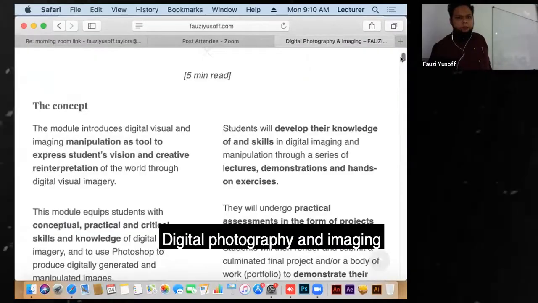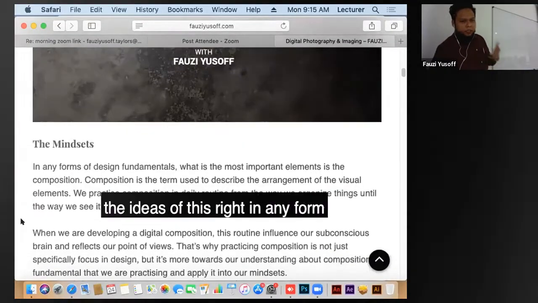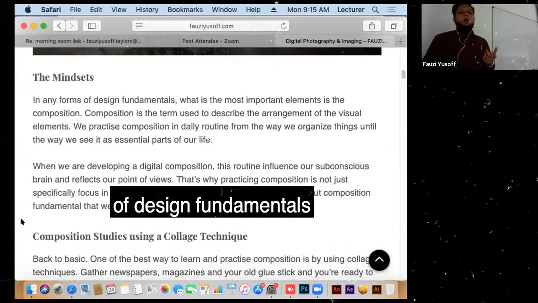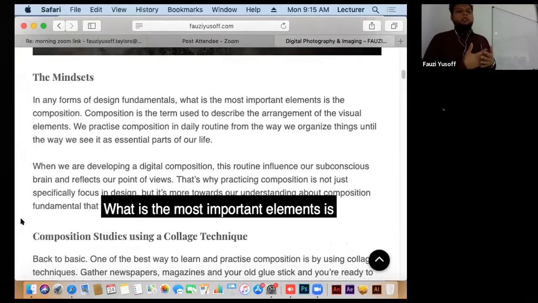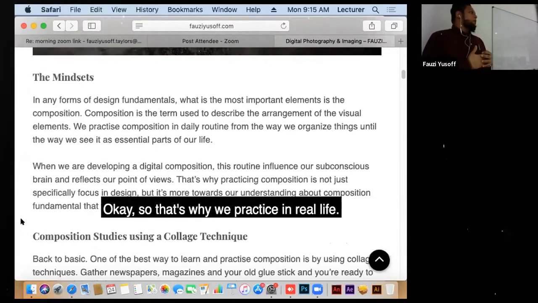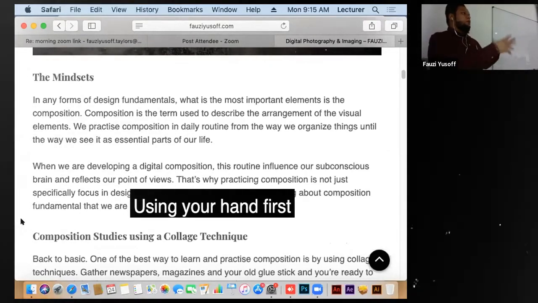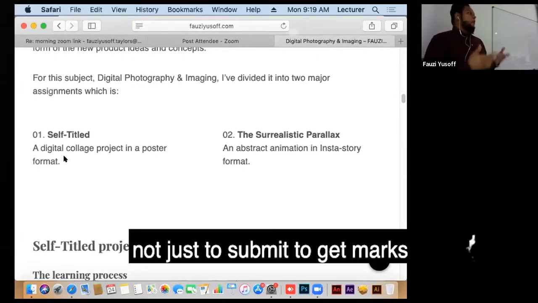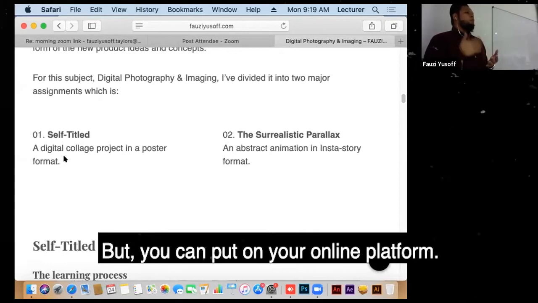Digital photography and imaging. So the mindset of this, the ideas of this, right? In any form of design fundamentals, the most important element is composition, okay? So that's why we practice in real life, using your hand first, right? So we want to make this fun, not just to submit to get marks, but you can put on your